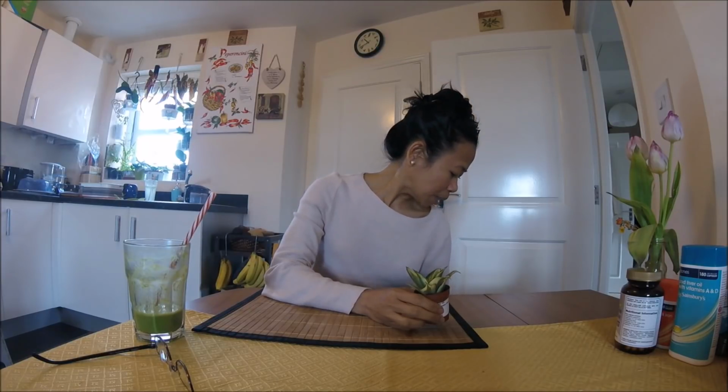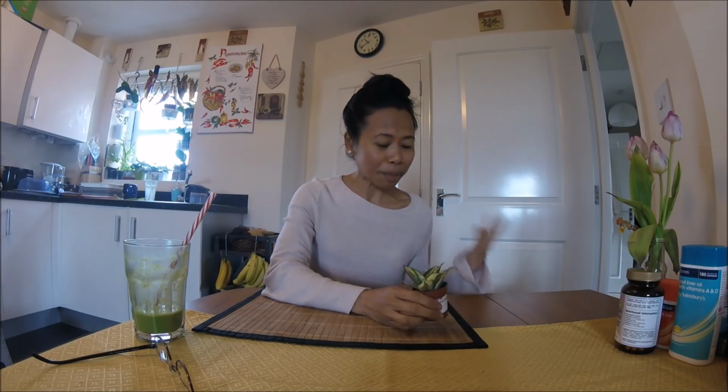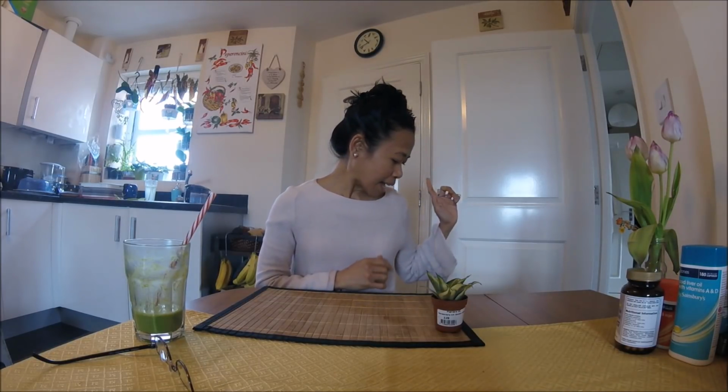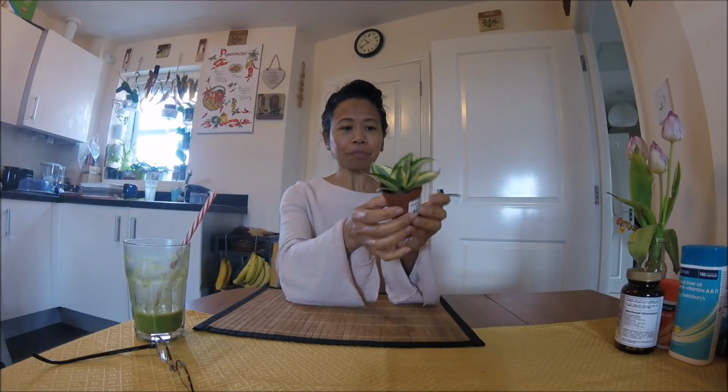I tried to stay away from social media on weekends so I could spend time with my husband. But today, I will make an exception because we've been to a garden center after church and I couldn't resist getting more plants. So let's go ahead, and the first one is this tiny